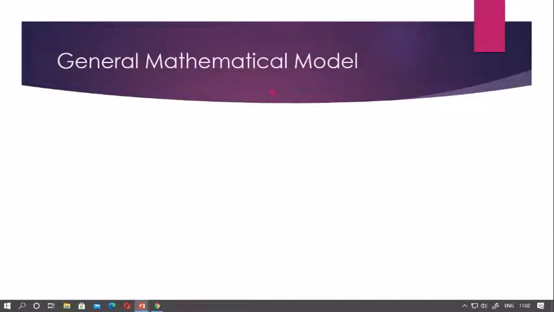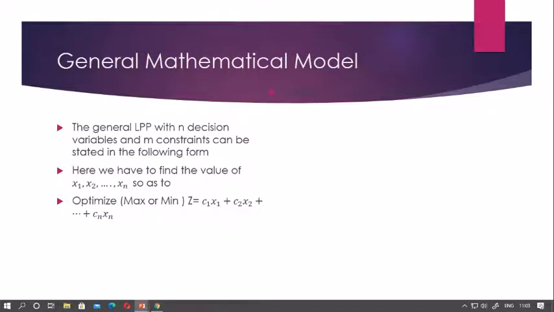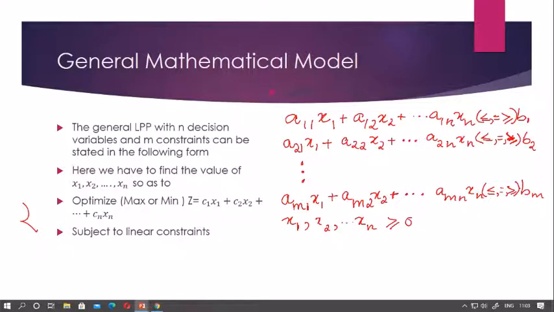Now let's move on to the general mathematical model of a linear programming problem. So the general LPP with n decision variables and m constraints can be stated in the following form. And here we have to find the values of x1, x2, etc. xn so as to optimize, in the bracket maximize or minimize, your objective function, given as z is equal to c1 x1 plus c2 x2 plus etc. cn xn, and this is subject to certain linear constraints, which are given on the right hand side,